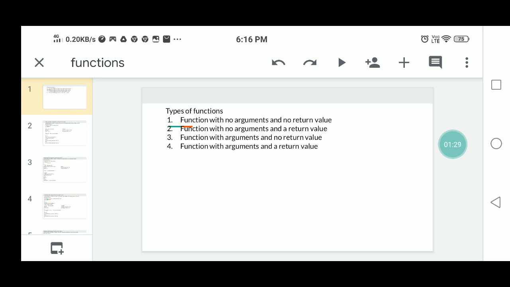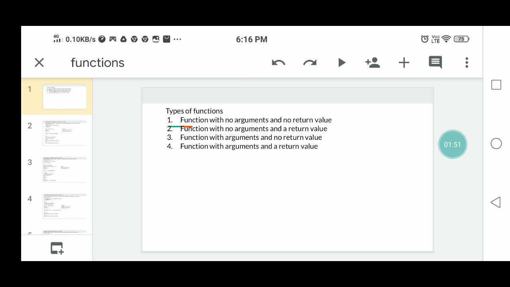First of all, we discuss the function with no arguments and no return value. Here, functions can either be used to display information, or they are completely dependent on user inputs.